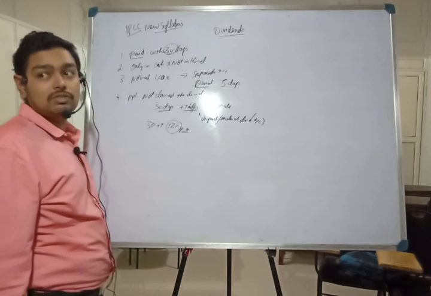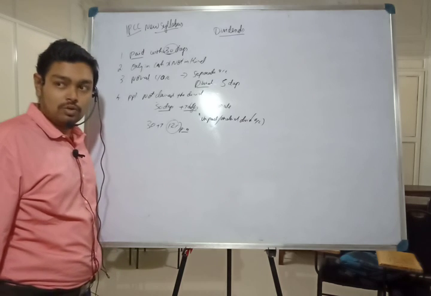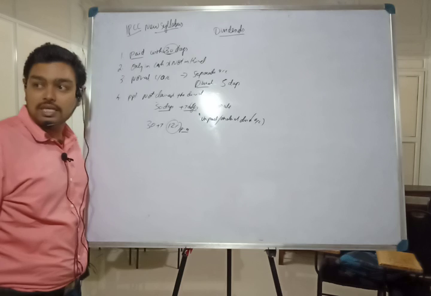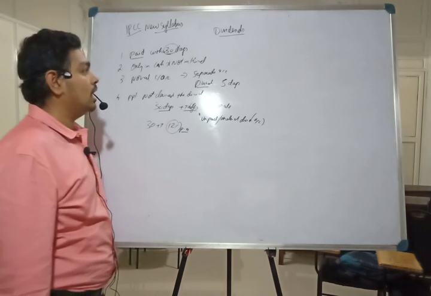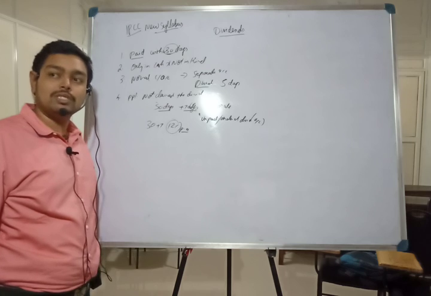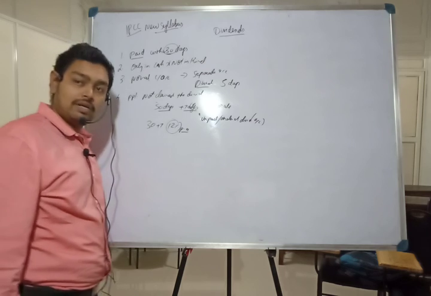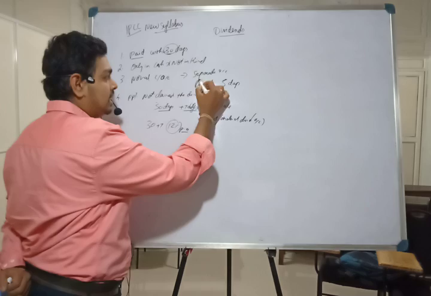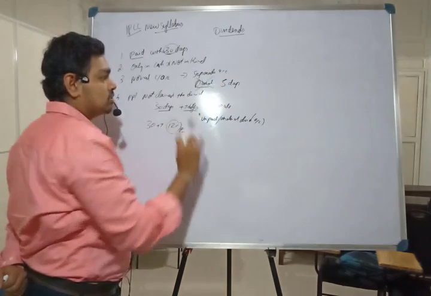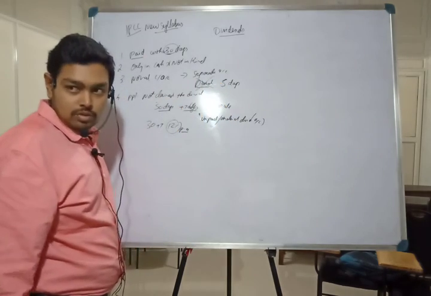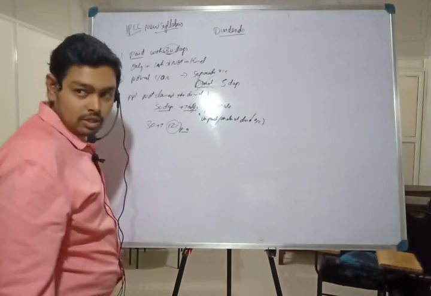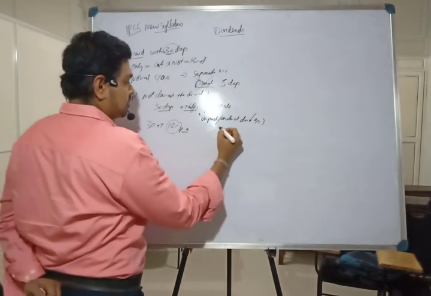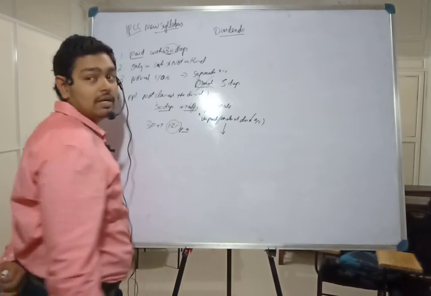So dividend should be transferred within 5 days to a separate account, and dividend has to be paid within 30 days from the date of declaration. And the unpaid or unclaimed amount should be transferred to a separate account within 7 days. That means after 30 days this dividend account should be closed and it should go to the unpaid dividend account. Understood? Next, from this unpaid dividend account,